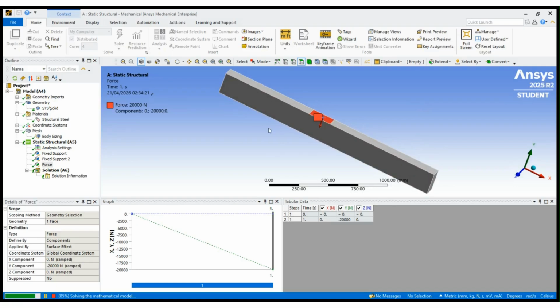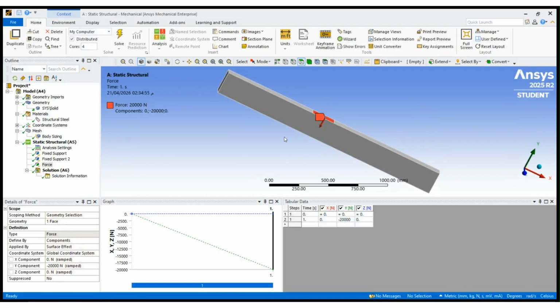Oh, I forgot to add the solution results. I can add deformation, total deformation, stress, equivalent, or normal stress, and I can see the results.